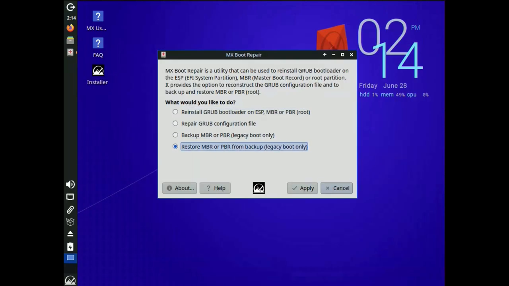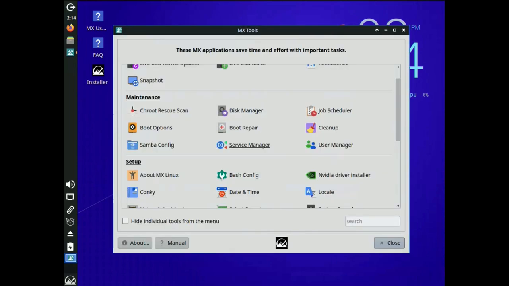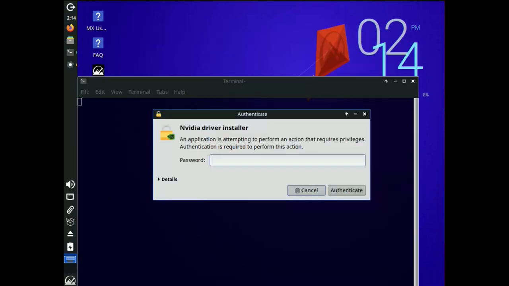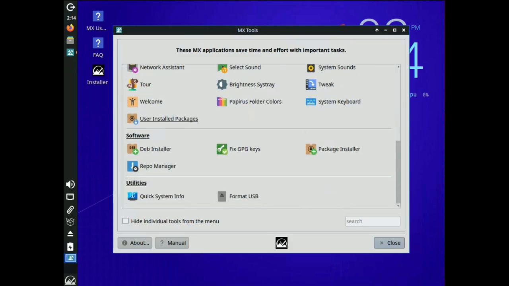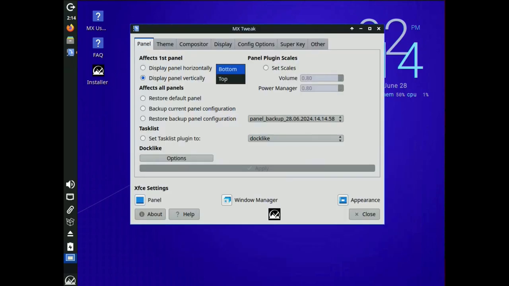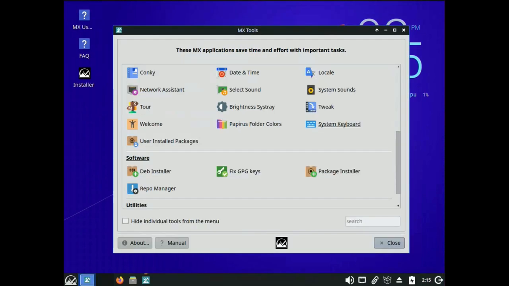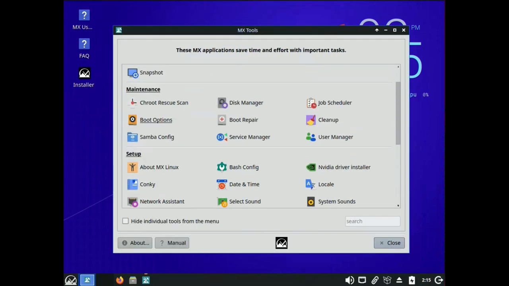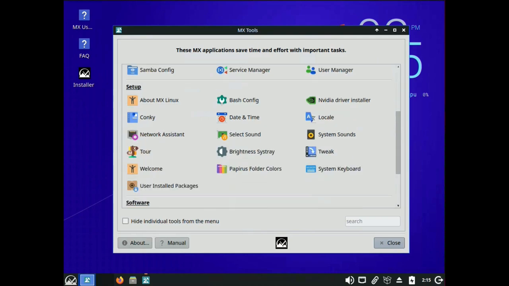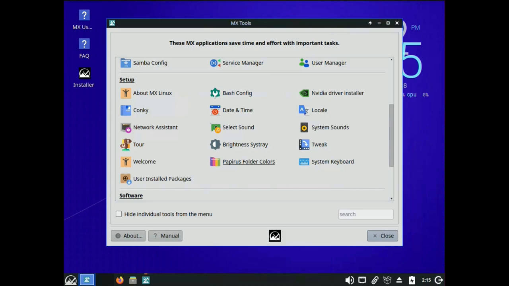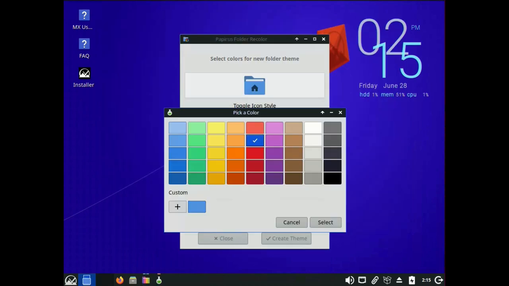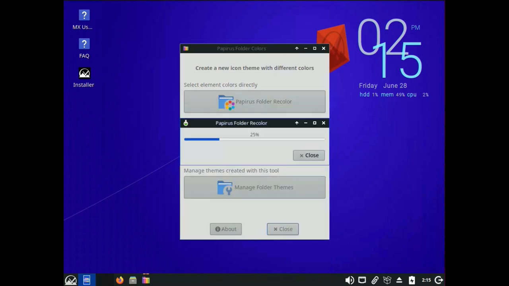Let's explore why. MX Linux provides a range of desktop environments to cater to different user preferences. You can choose from XFCE, KDE, and Fluxbox, each offering a unique user experience. However, it's the MX Tools that truly set MX Linux apart. MX Tools is a powerful graphical interface that simplifies complex system management tasks. This innovative suite, partially derived from the MEPIS project, allows you to perform advanced operations that typically require command line